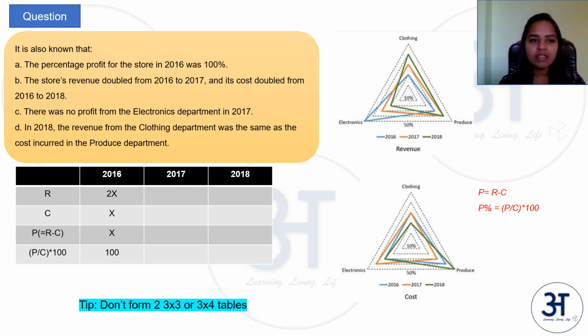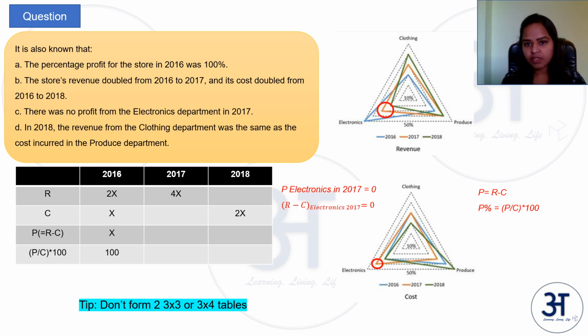So cost is x in 2016. So in 2018 it must be 2x, right? So we'll fill those values. Next, coming to point C, there was no profit from the electronics department in 2017. So electronic department 2017 profit is equal to revenue of the electronic department in 2017 minus the cost of the